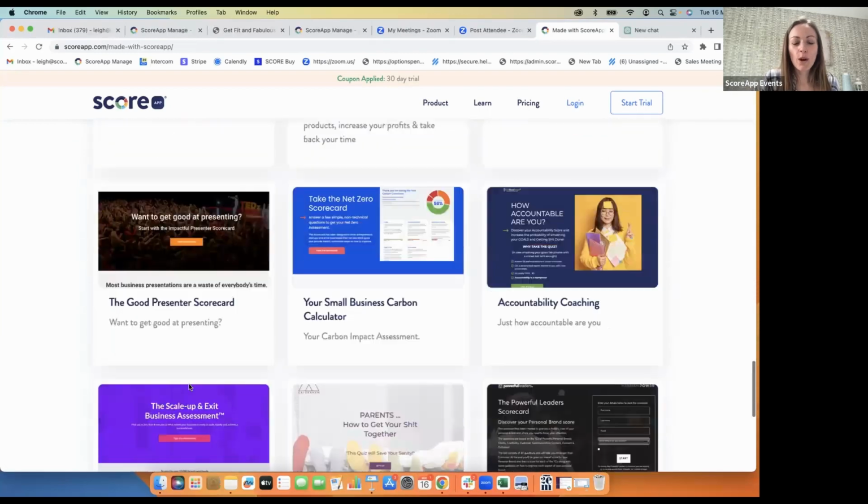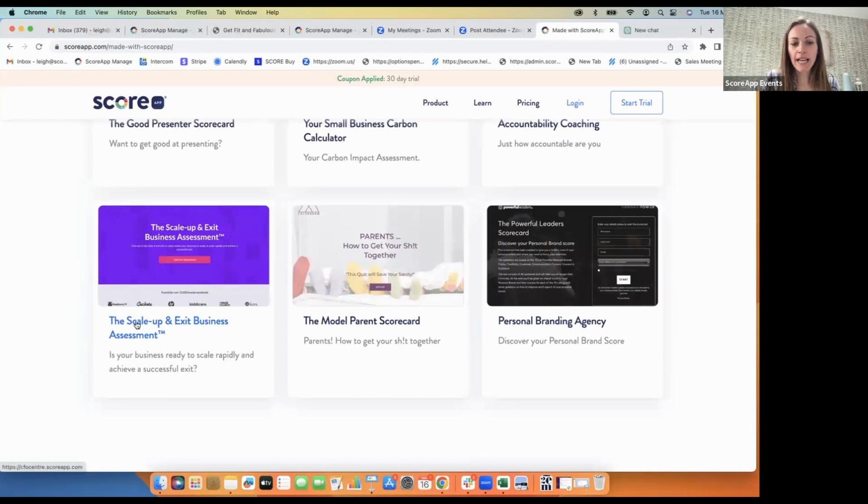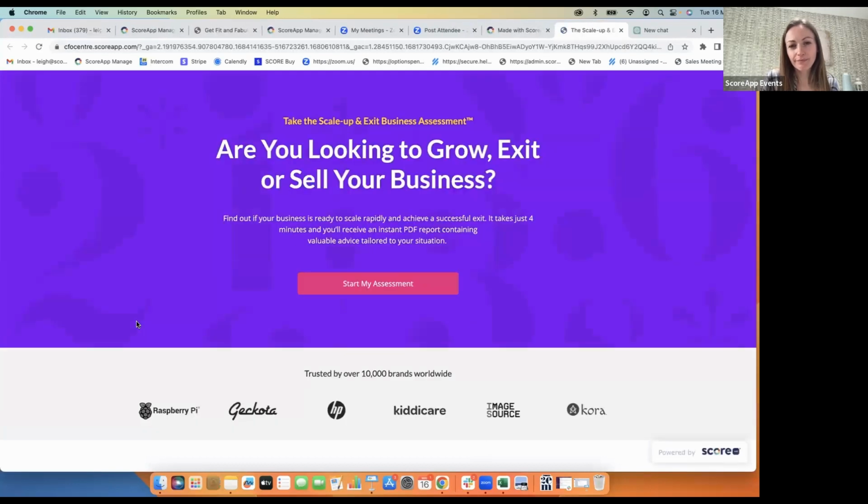So I'm just going to pick one. So the scale up and exit business assessment, to show you. So this looks great and it's got some great content in it. So first of all, headline is really important. So this one's called the Scale Up and Exit Business Assessment, and the headlines, are you looking to grow, exit, or sell your business? So it's clear how it's going to help them. Find out if your business is ready to scale rapidly and achieve a successful exit. So subheading,